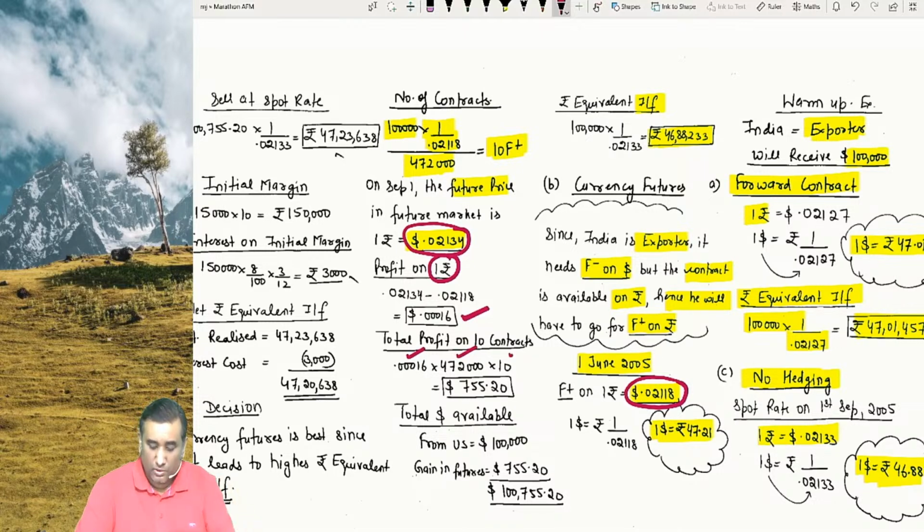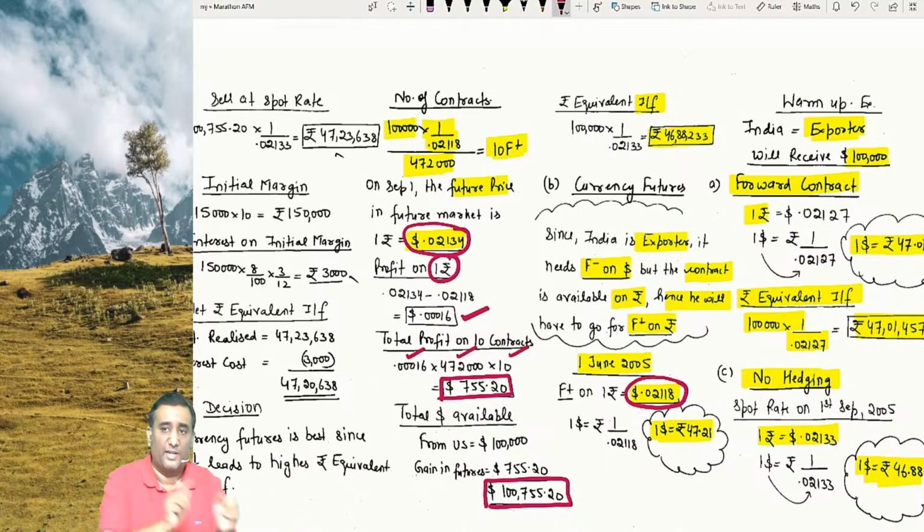4,72,000 into 10, the contract size. That means the market will give me how many extra dollars? 755 point. And what I'll do is 755 point dollars plus what? The 1 lakh dollars which I was supposed to receive. Total dollars available in hand are